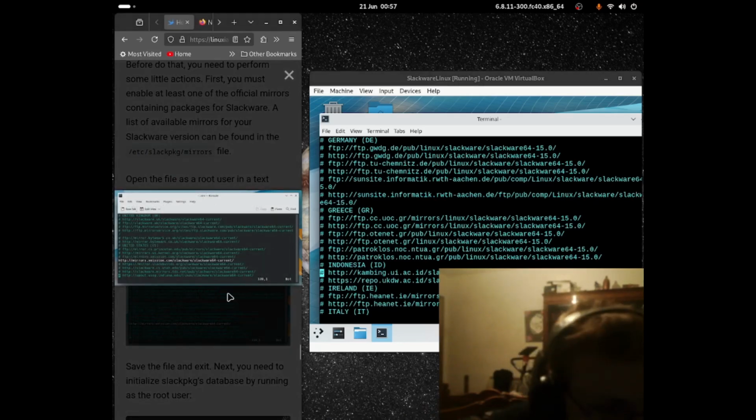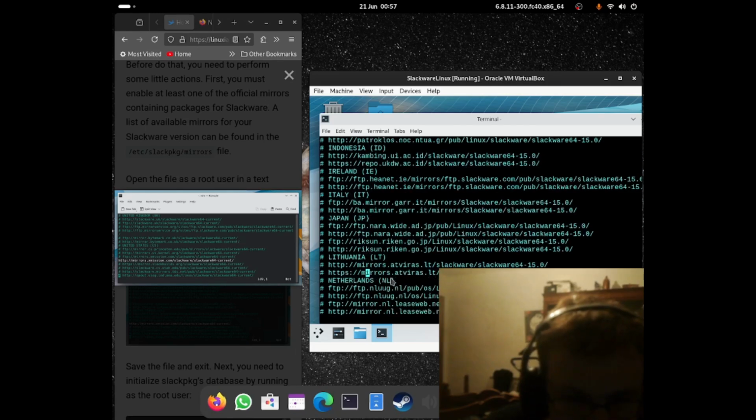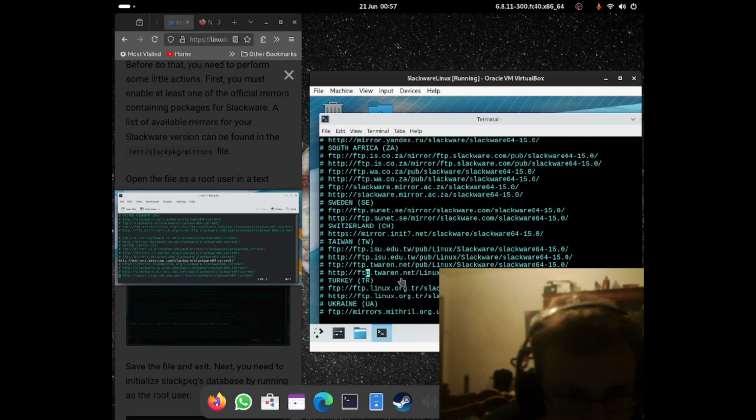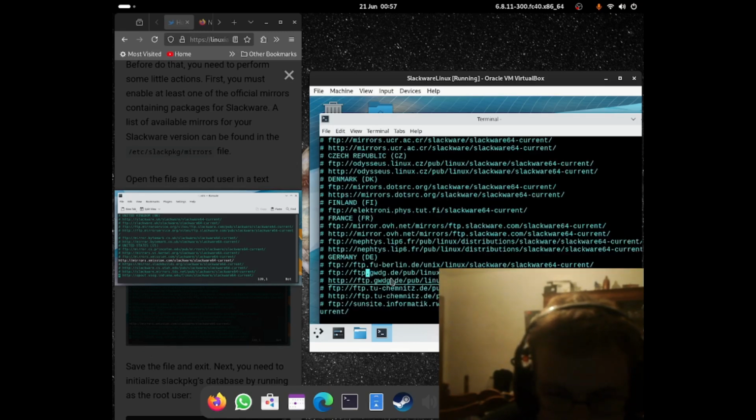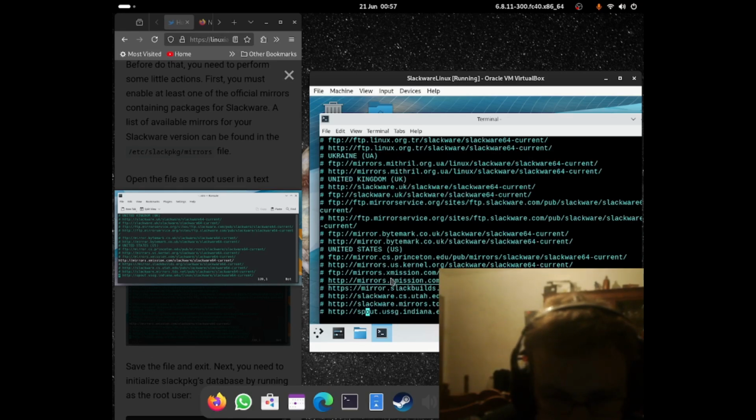And we want to have the HTTP mirrors, and then we want to have xmission, which might be at the line, is that 339? Here it is, we want this one, don't we? HTTPS mirrors US kernel. Okay, we want mirrors.xmission. Yeah, that's the one we want, isn't it? So what I need to do is press S. Now I should be able to get rid of that comment. Press on escape, and after that I should be able to write and then quit. If I now press on the enter key,